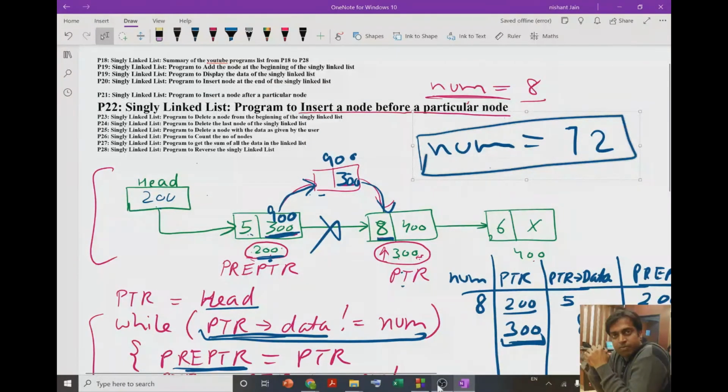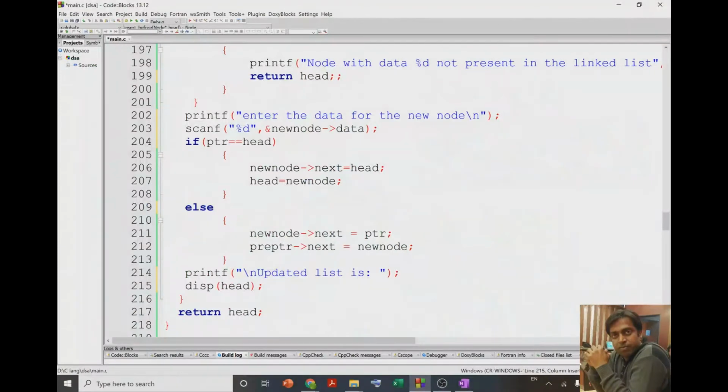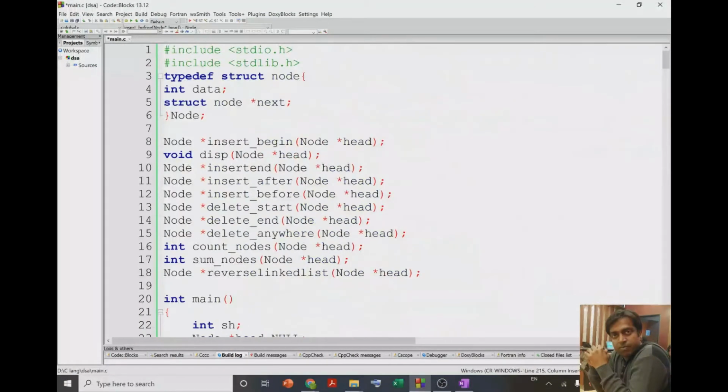Okay, so let me show you how we can write a program. First we declare the structure like this, and the name of the structure is node. We can declare the function like this: node insert before node, we pass the pointer head to our function, and as a return it returns the updated value of the head.